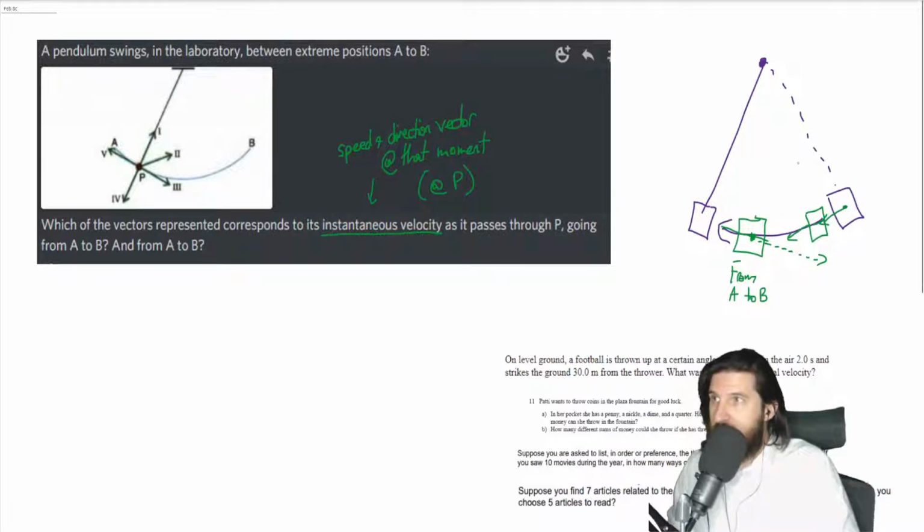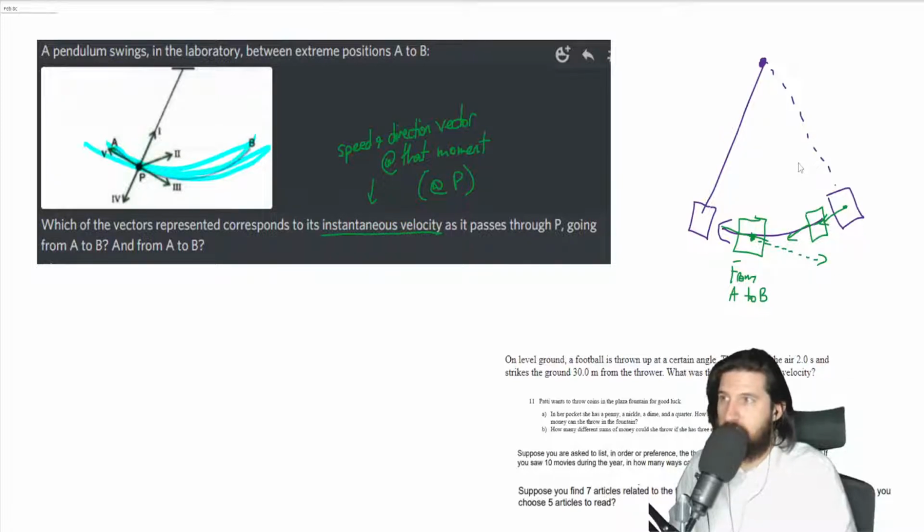What we're doing here is pausing the journey. We're on our way this way, then this way, then this way. And we're stopping at P. At that moment, I was going in this direction, right? And if we go the other direction and we stop right here,